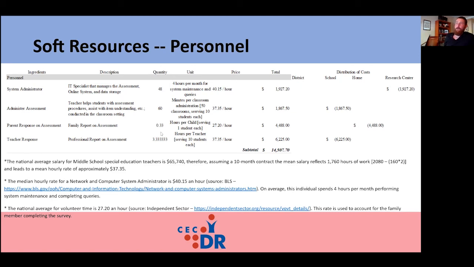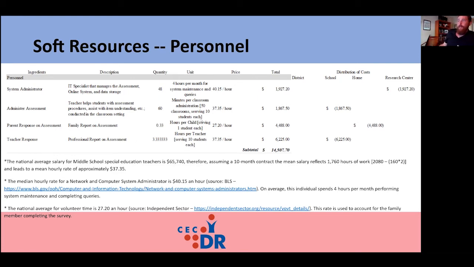Let's say you're a Michelin chef, right? You make a lot of money being this great chef, but you're not using any of those skills to actually take a survey about your child, right? So a volunteer rate is actually more defensible than whatever that chef's rate would be for cooking 3-star meals, right?